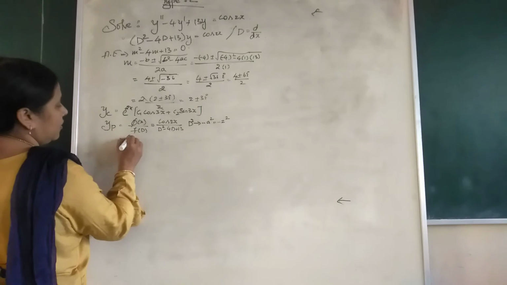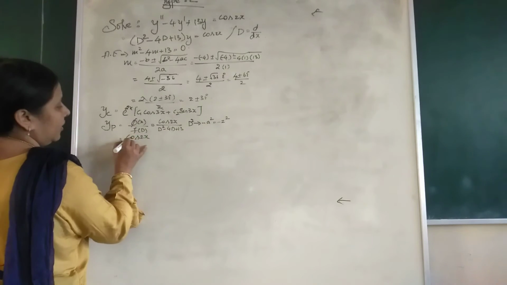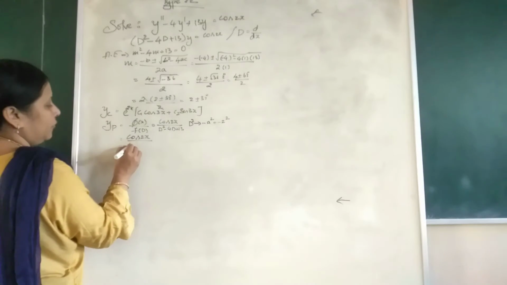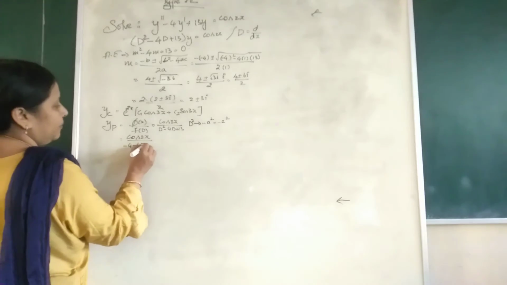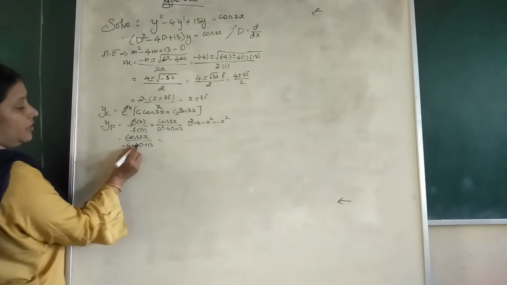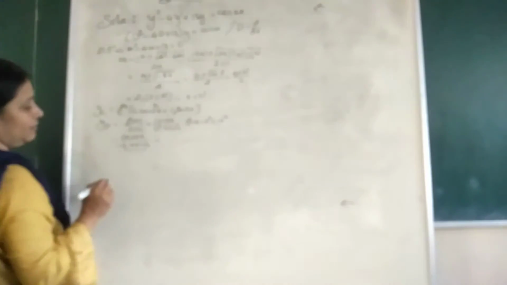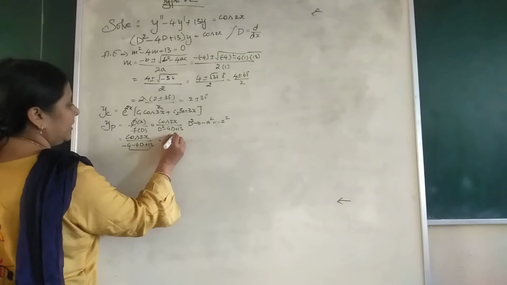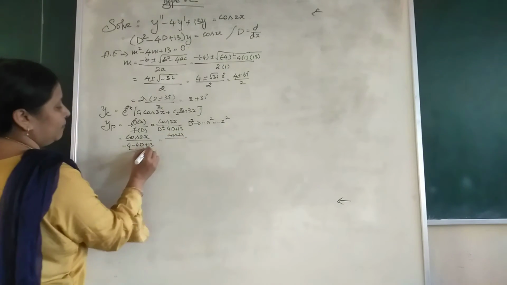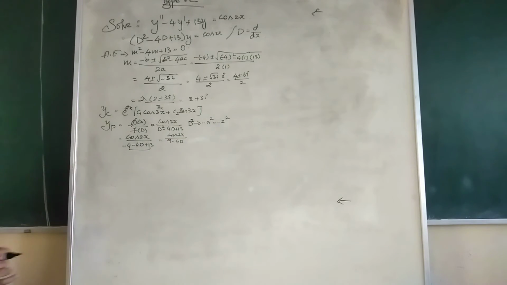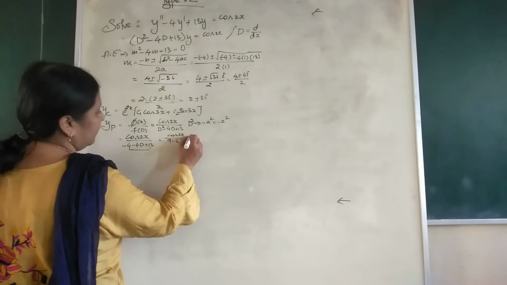Okay, so replacing here by minus 2 square, let us see what do we get. So we get cos 2x as it is, whole divided by D square is replaced by minus 2 square, which is minus 4, minus 4D plus 13. Nothing should be substituted for D, D should be as it is. Okay, you guys have to be very careful here. Simplify here, minus 4 and plus 13. So we get cos 2x divided by 9 minus 4D. In the denominator, we cannot substitute and we can't even stop here. This is not a final solution.